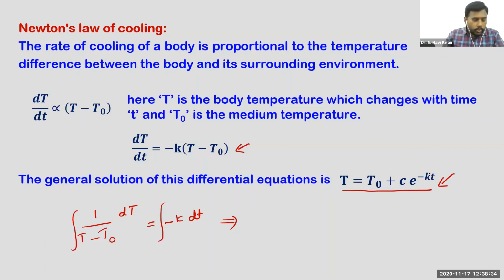Now from this solution, what is the question? We understood that when time passes, there is a decrease in temperature. But can we find out, at a particular instant of time, what the temperature will be? You are keeping a body of a certain temperature in some room temperature. As we know, the temperature goes down slowly. But at any particular instant of time, can we find out the temperature of that body? Yes, you can. Using this particular solution, you can find out the temperature.